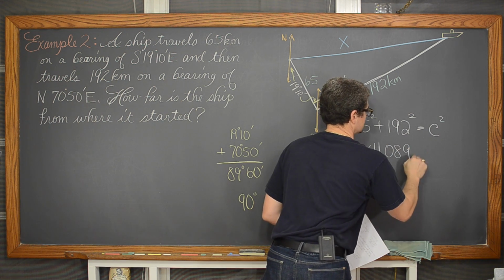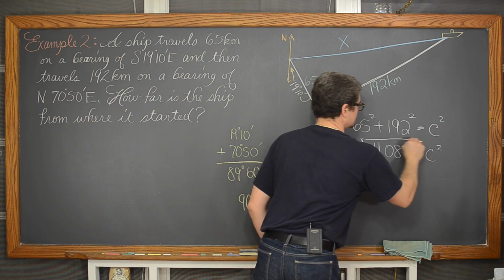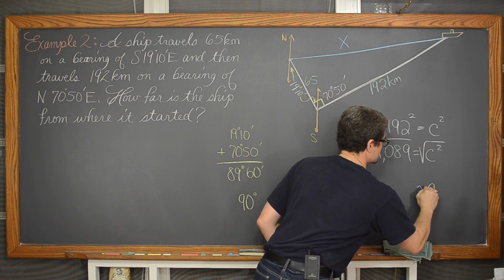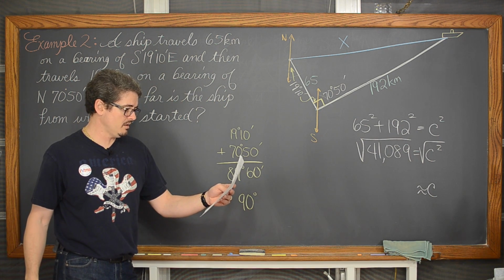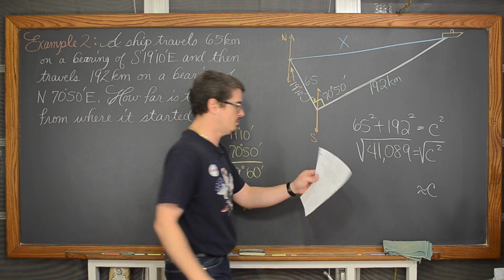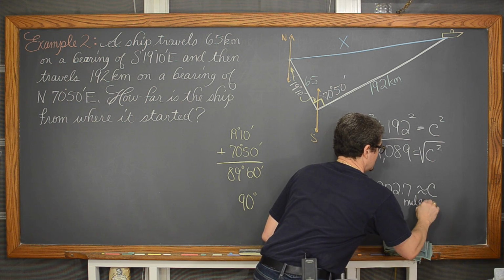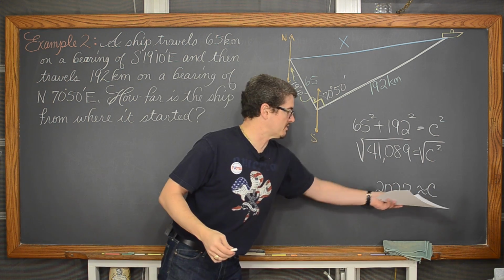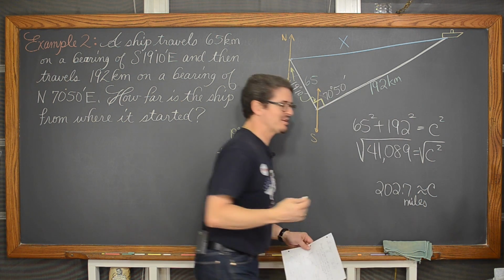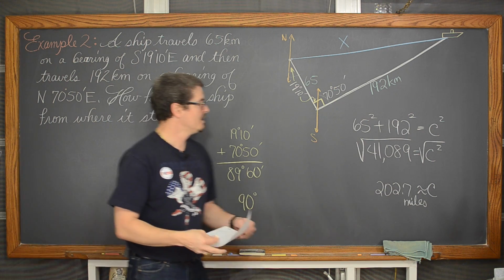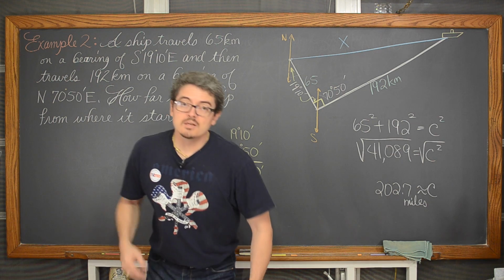41,089. That's equal to c squared, and of course we need to square root both sides of this equation. And the distance that ship has traveled, yes, a ship, not an airplane, is approximately equal to 202.7 miles. And I'm putting an approximation symbol, of course, because, whoops, why did I put another decimal? Oh, I didn't, because it's supposed to be the dot on the i. But 202.7, that's a rounded off value, so I'm just using approximation because it's not exact. And that is the end of our second example.